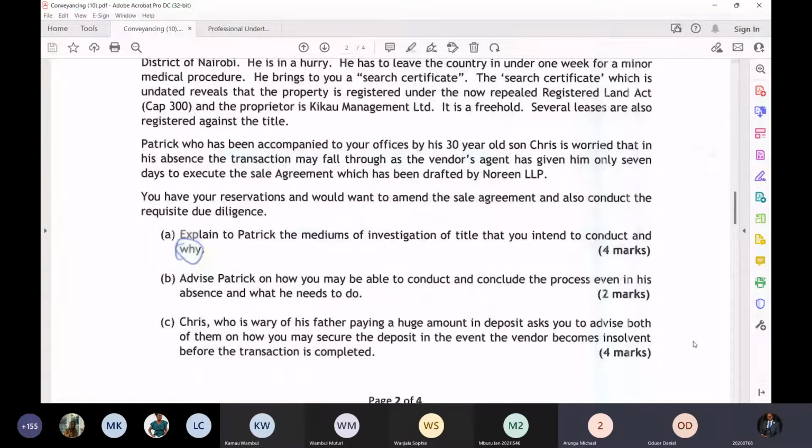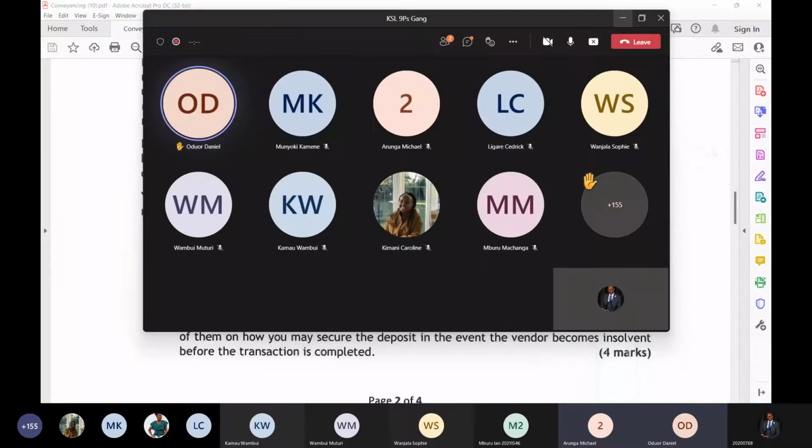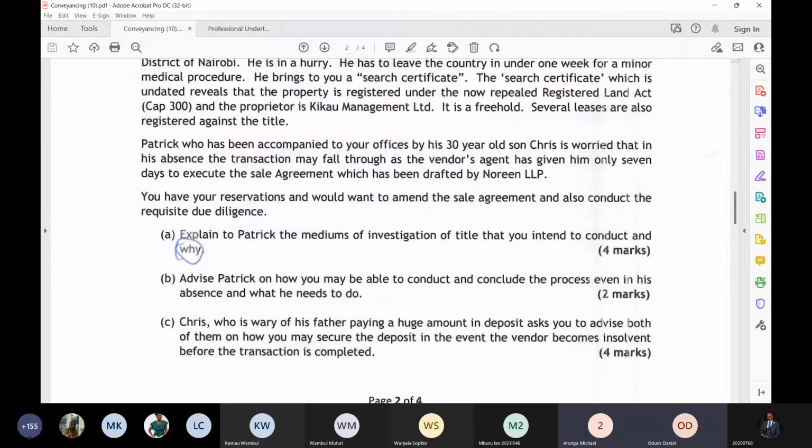So where it is agreed in writing that this money does not have to go to the vendor advocate's client account, and it doesn't have to be paid by RTGS, then that would suffice, because they're saying unless otherwise agreed, meaning there's an exception to this general rule. So this is what I think. In the event that 5.11 is not followed strictly and the money is not paid to the vendor's advocate's client account, of course, paid through RTGS,